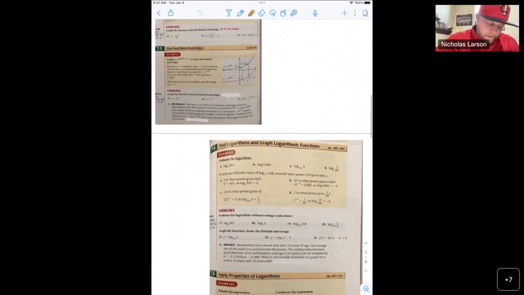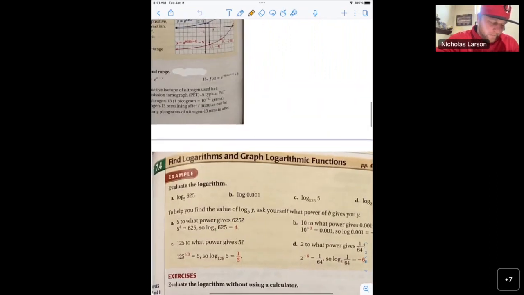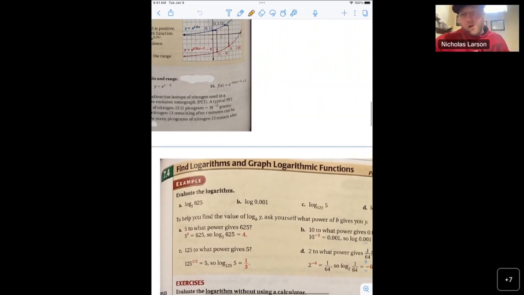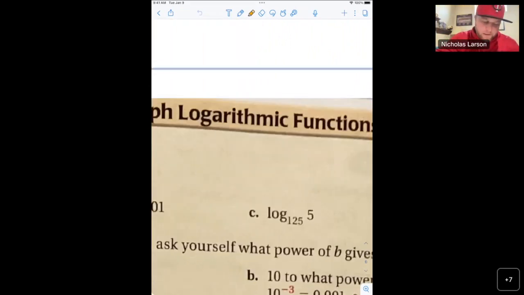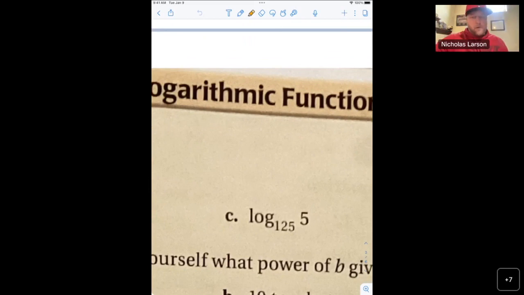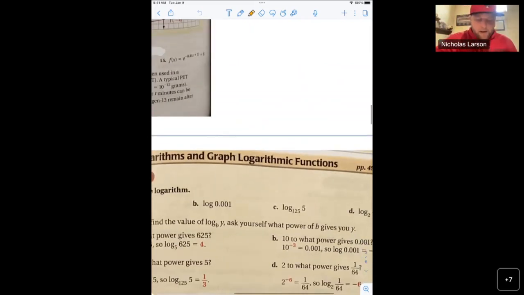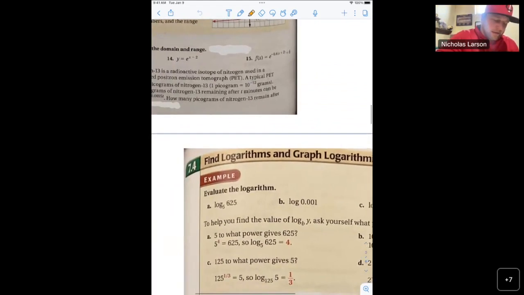Okay, and then we talked about some of these, like evaluating. You can do it by hand and you can use your calculator depending on how it works. So for example, log base 5 of 125 to the fifth. Well, 125 is 5 to the third power. So I would rewrite this as log base 5 of 5 to the third power, and then have 5 as well, because when you write it as the same base with the number, it's going to cancel out. So again, looking at things to rewrite, the same idea here.